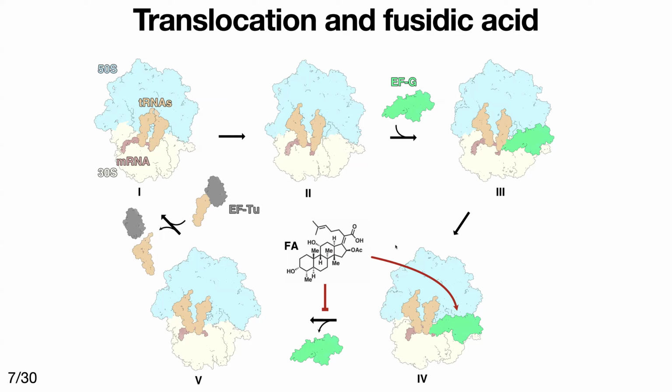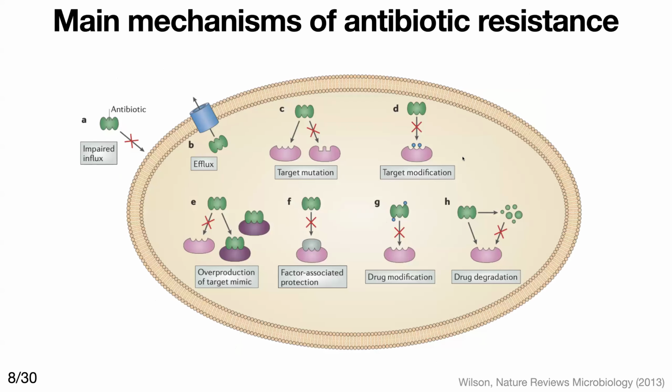Now, if we look into the different resistance mechanisms of bacteria, just so you understand how this is relevant for fusidic acid: an antibiotic, to inhibit the bacteria, has to, here in this schematic shown in green, get into the cell, find its target, which is shown in the schematic in pink, bind to it and inhibit it. So commonly bacteria can maybe not take up the antibiotic and then they will be resistant,